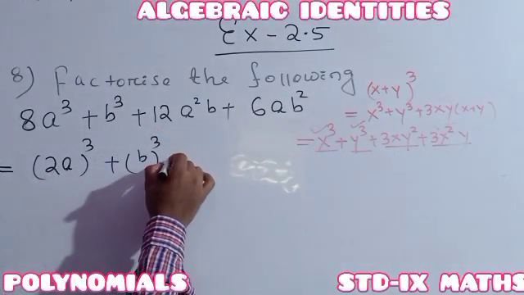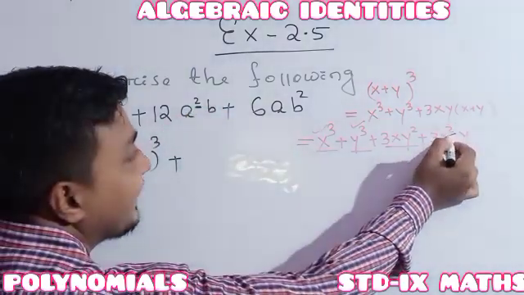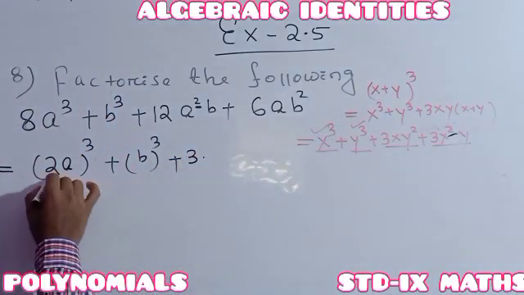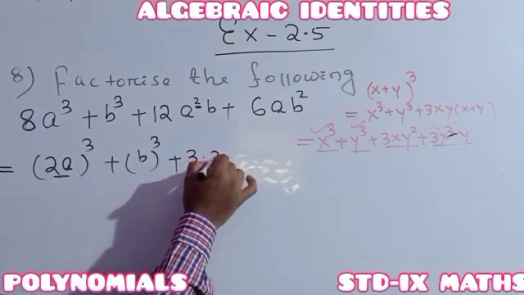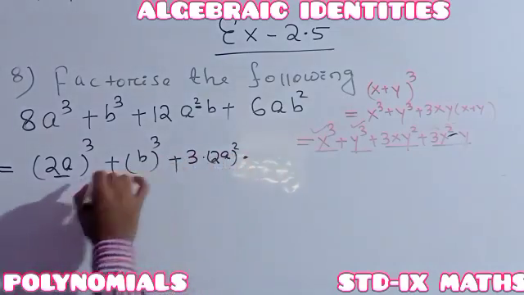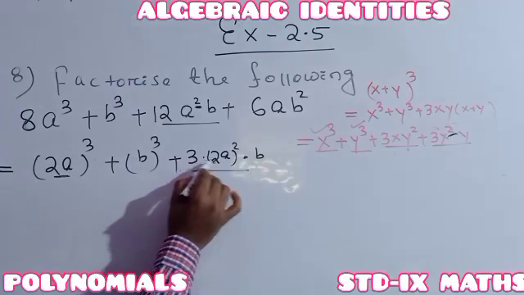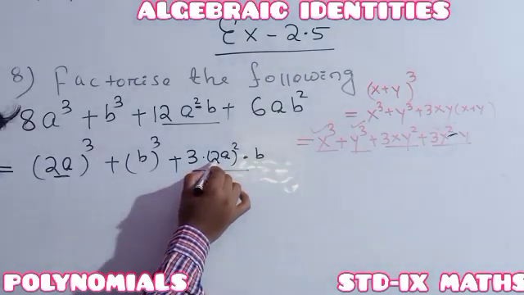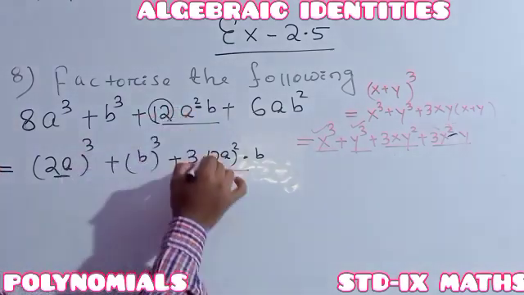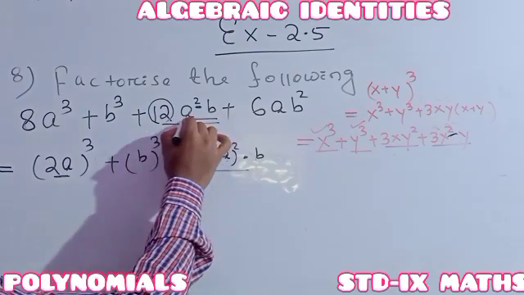Next one is 3xy square. See, here the square is on the first term, so I am writing this term as the first. So 3 into first term square: first term square means (2a) square into y, the second term, which is b. Check whether it is matching with this or not. Here 2 square means 4. 4 into 3 equals 12. Numeral balanced. Then here it is a square, here it is b. A square b also balanced. Variable also balanced.